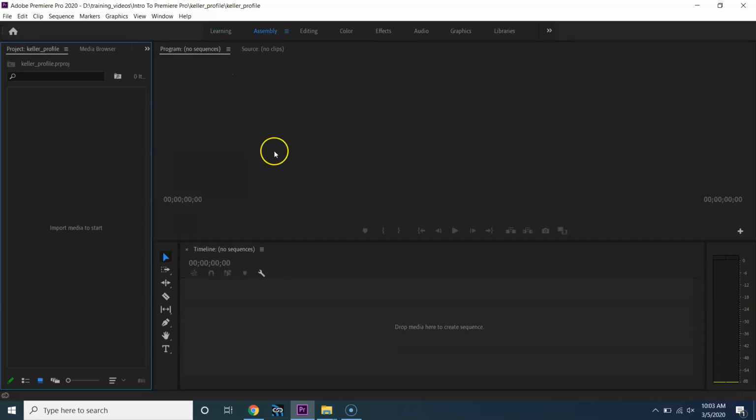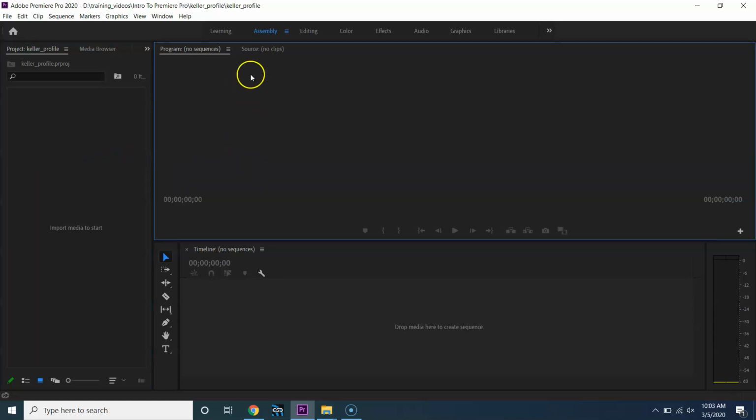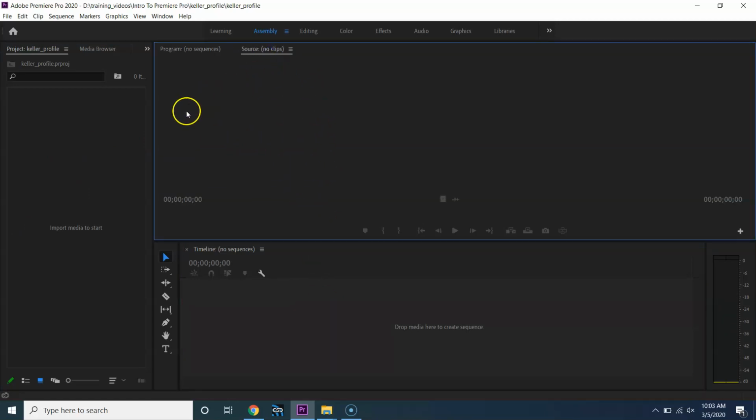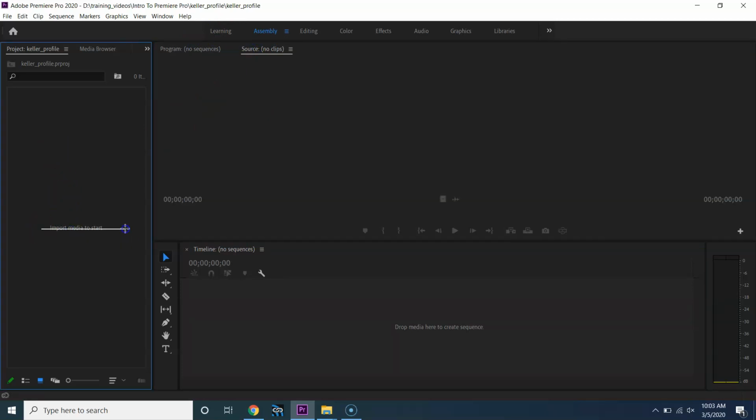So you really have, in Assembly, 3 windows. You have your project window, you have your program window, your timeline, and then source is back here behind it. And we'll talk about how all that relates in just a moment. So, import media to start. A couple of ways you can do it. You can go to File, Import,